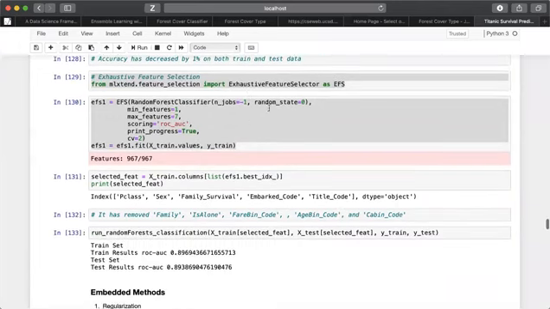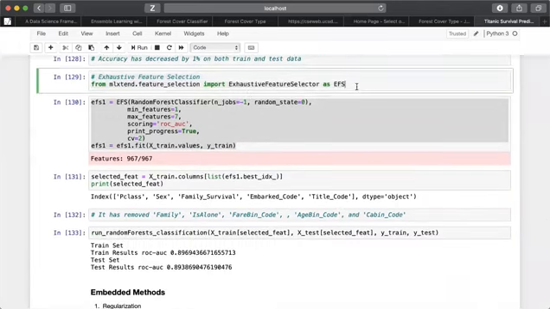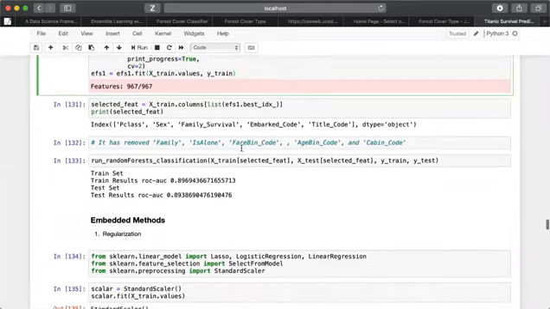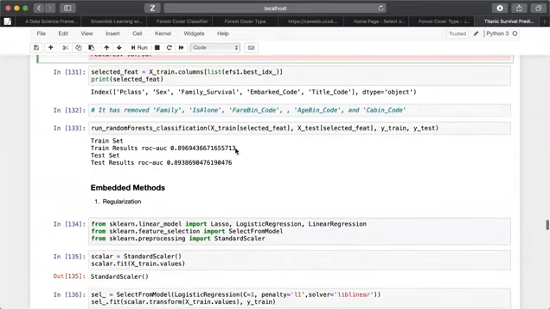Then I've gone to the exhaustive feature selection, using the EFS, which takes time. It gave me the columns to keep: passenger class, sex, family survival, embark code, title code, and recommended removing the family code. When I remove this and check the accuracy,